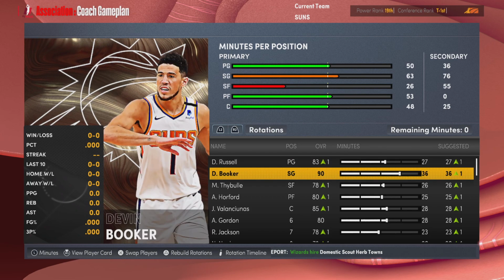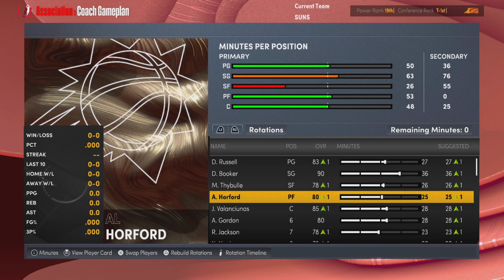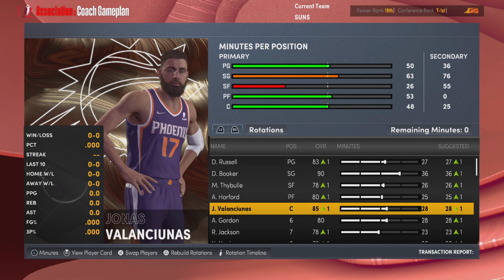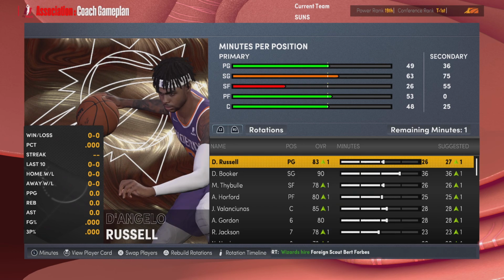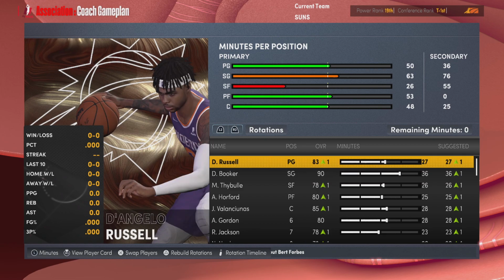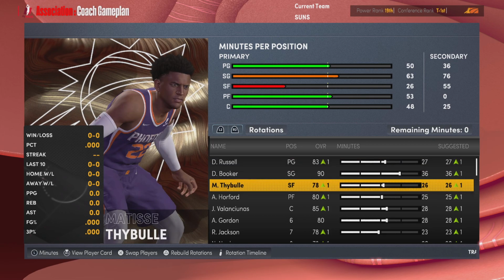So this is the team that I drafted in my last video. Leader of our team is D-Book. Second man, that's the go-to man, is Valanciunas. And then Russell is that third, that point guard. Both of these are the distributors slash scorers. We got a defensive